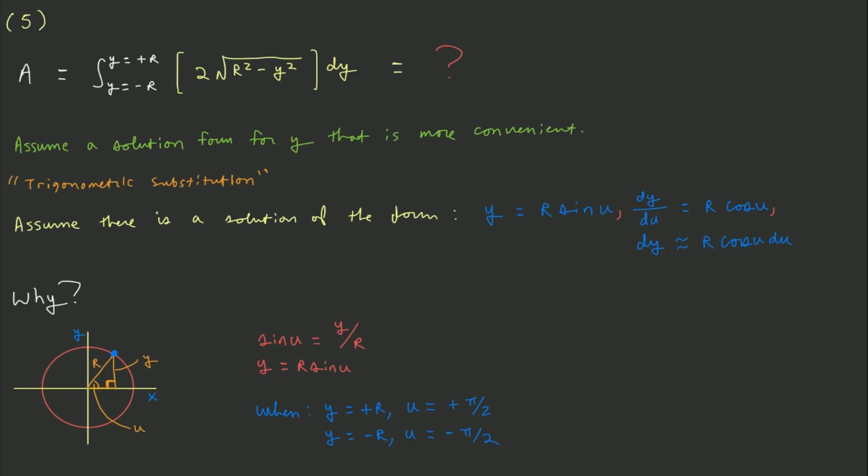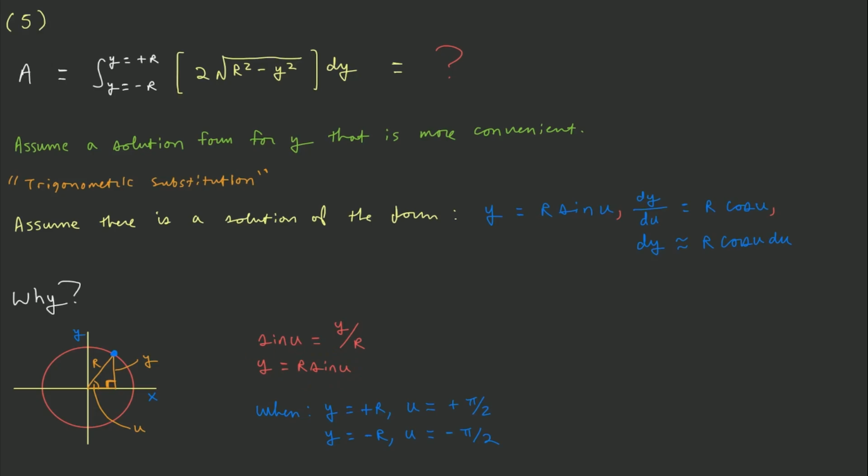So we can assume there's a solution of the form y equals r times sine of u, because geometry is telling us that there is a form of the solution y equals r times sine of u. So it's a very well-informed guess. And what's worth noting here is when we have this assumed form of the solution y equals r times sine